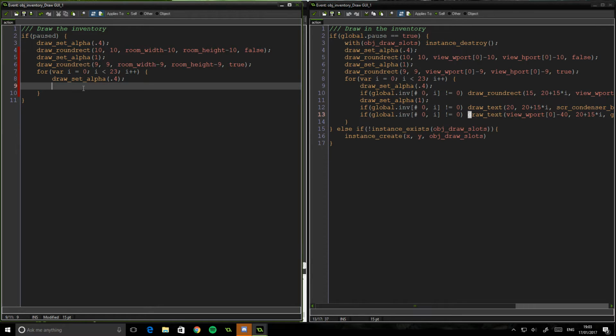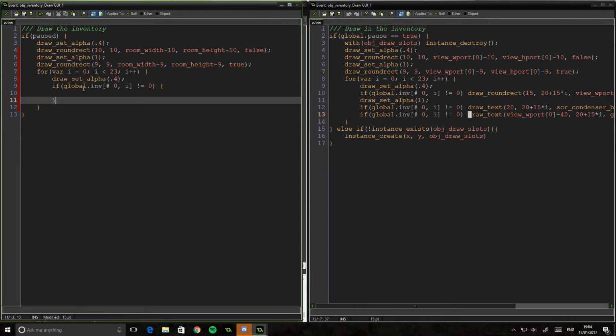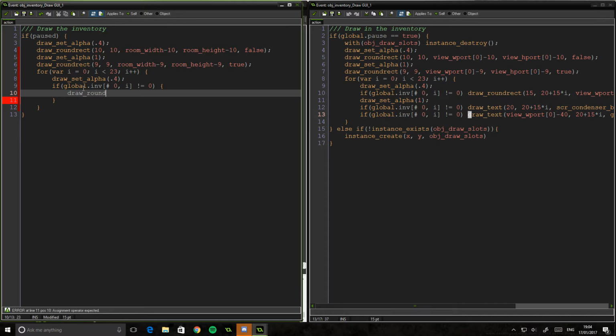But now this is where stuff starts to get a little bit more tricky, because now we're going to use the inventory grid that we made earlier. So global.inv, then an open square bracket, the accessor, which is a hashtag, 0, which is going to be our first slot, and I, obviously set by the for loop. If it does not equal 0, so if there is an item there, we're going to draw a round rectangle,